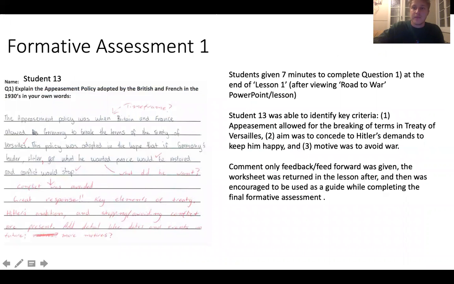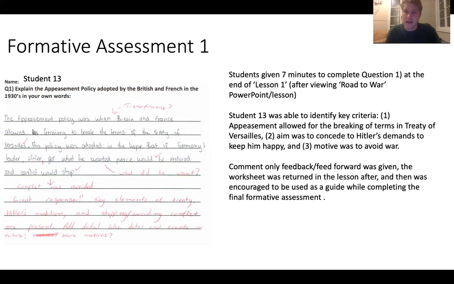So for our formative assessment 1, the students were given 7 minutes to complete question 1 at the end of lesson 1 after doing those PowerPoints. Student 13, again, gave a really good answer, lacking a little bit on detail, but other than that, really good. I reflect that in my